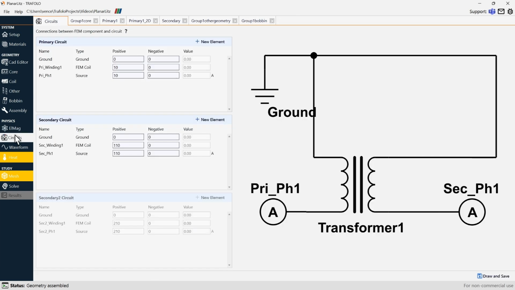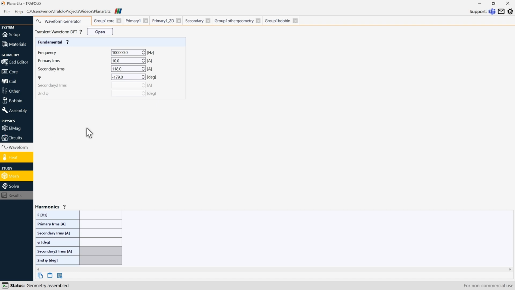Next we move to the circuits. Those are default circuits, we don't need to modify anything. Here we see that both the primary and secondary will be driven by the current. Under the waveform we tell the software what is going to be the frequency, the primary current and the secondary current. In this case both currents were estimated by doing some hand calculations, but this could be also your circuit